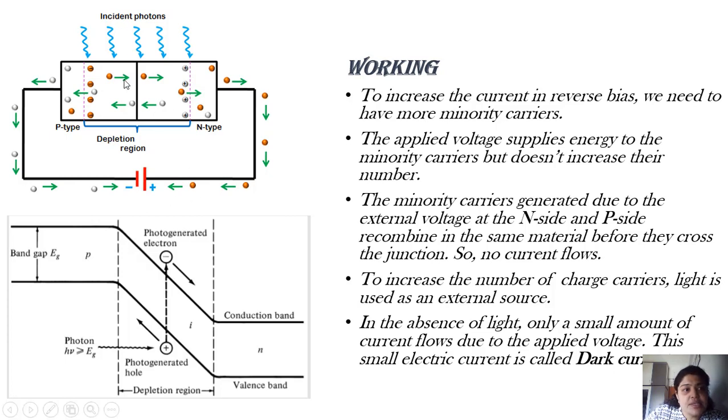Now just consider that photons are incident. A huge number of photons, that is a strong intensity of light, is focused on the photodiode. So what will these photons do? What does a depletion layer consist of? It consists of immobile atoms. The photons will release electrons from the immobile atoms by breaking the covalent bonds. So there are now a huge number of electrons generated inside the depletion layer, and these electrons will move and complete the circuit like this, and then only you will get current.